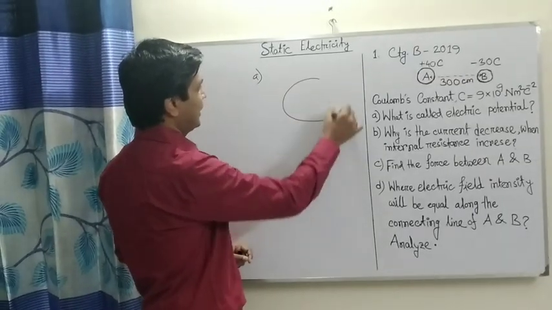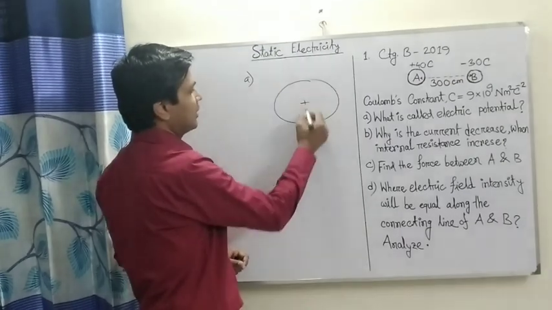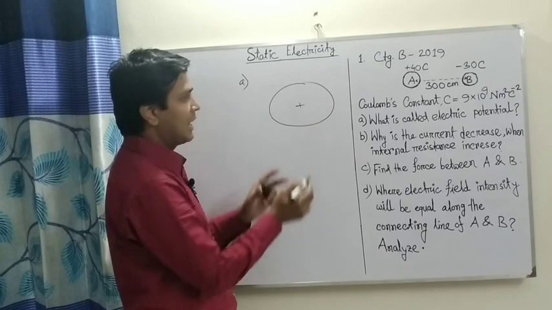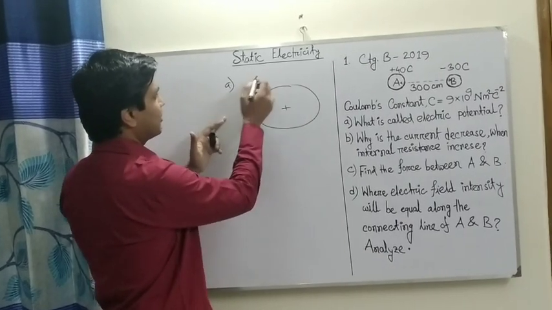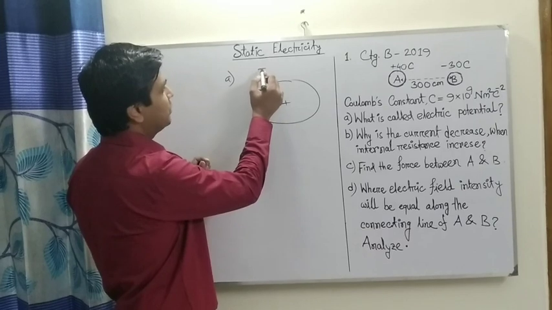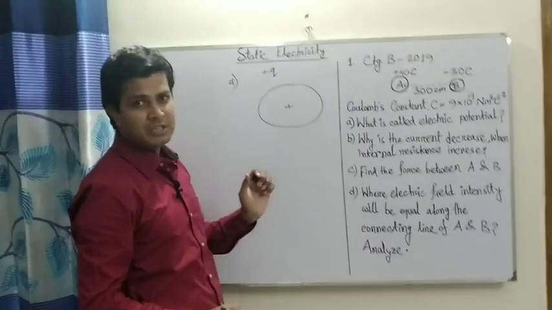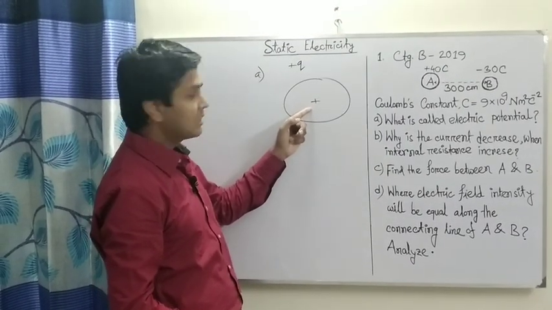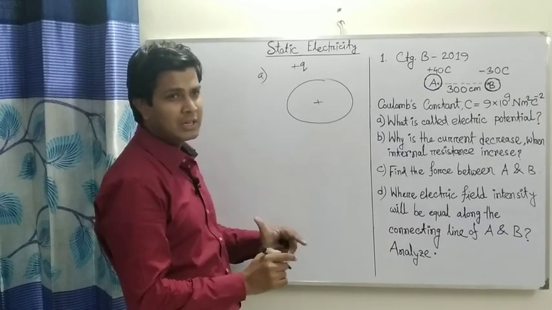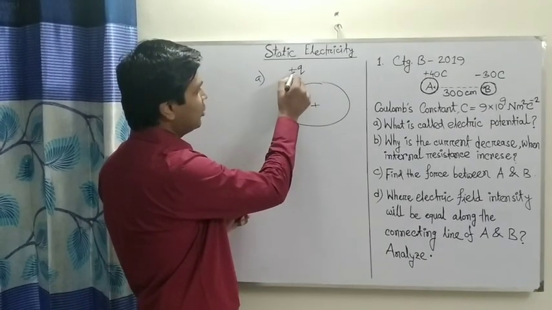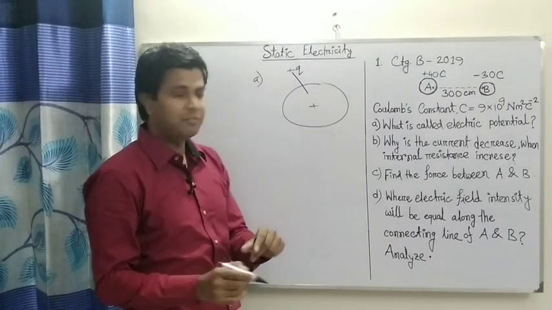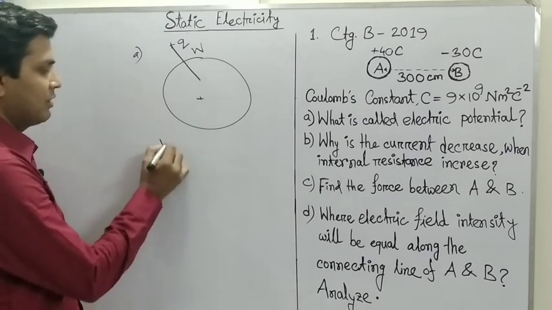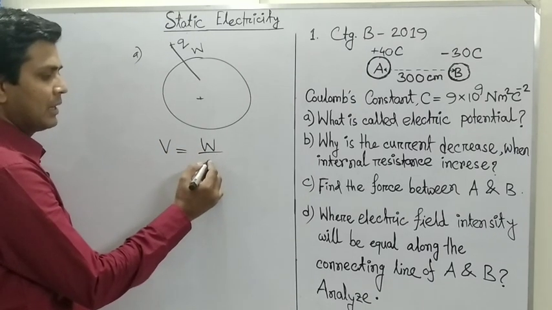Let us draw a figure. You can see the electric field. If we consider that is the electric field of a charge, and the outer side of that field is called infinity, and if you want to bring a q amount of positive charge from infinity to inside of the electric field, then some amount of work has to be done. Suppose to bring q amount of charge in the electric field, W amount of work is done. Then the electric potential V will be V equals W by Q.